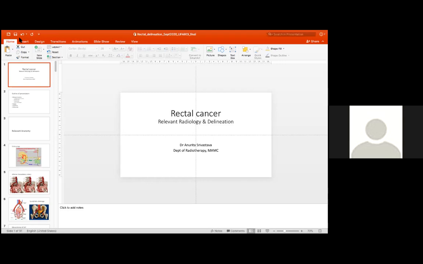But as far as the guidelines go, they have continued to include the entire mesorectum till the pelvic diaphragm. So we don't have data for just that. Maybe in very early diseases we can get away with it. But the moment we encroach onto T3 diseases, it would be better to include the entire mesorectum and not cut corners at all. Because if it is an upper tumor, what we can also do is delineate the sphincter complex separately and give it a constraint so that we are not compromising on the functional status of the sphincter.